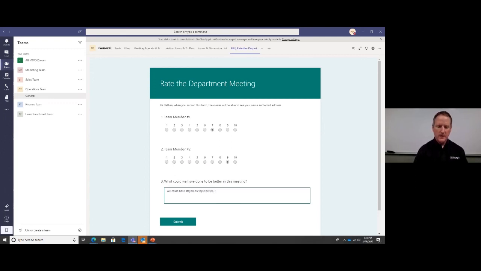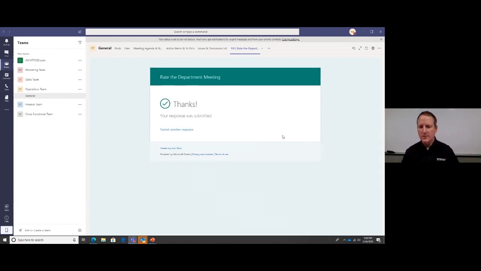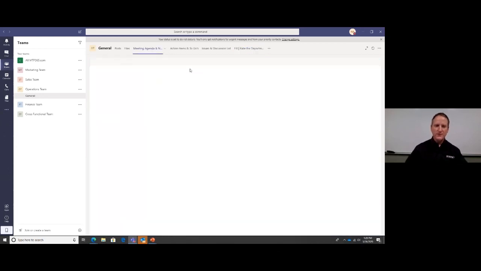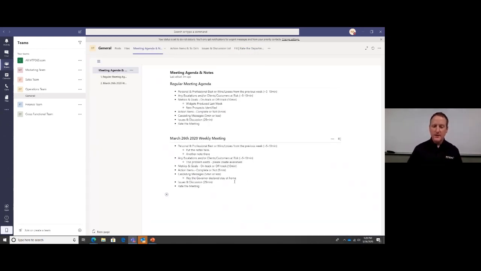Or we spent too much time discussing issue A or whatever. So then you can submit, and this is something you can keep track of over time. So it's a quick way for your team to continually improve. Creating those forms, which I created, is really easy. It didn't take very long to do. I'd be happy to share that more in the Q&A afterwards, but I wanted to show it's a quick